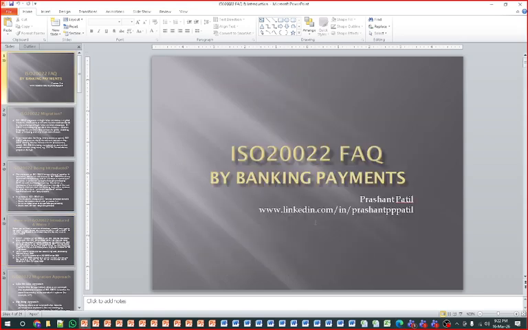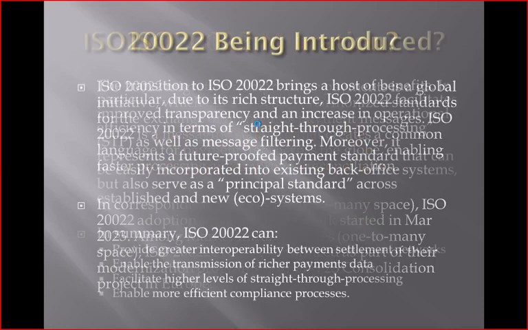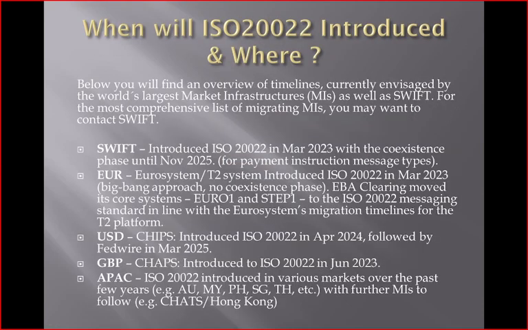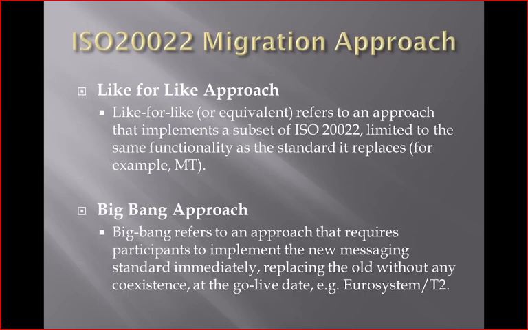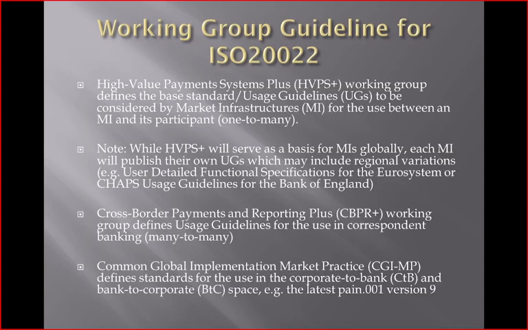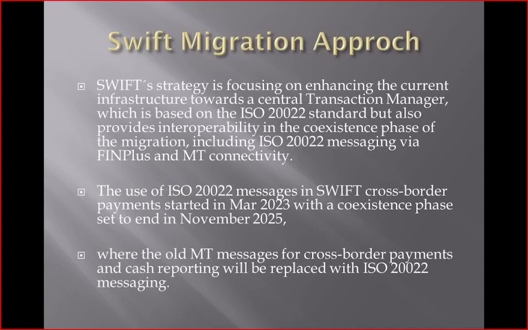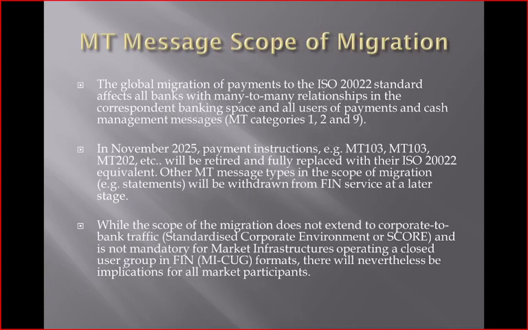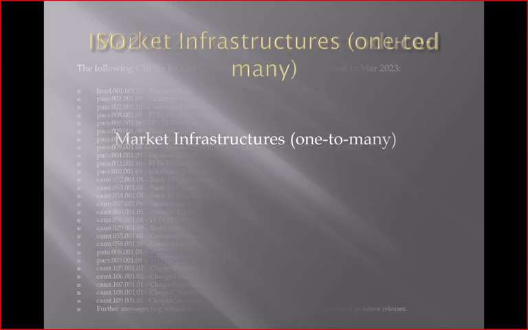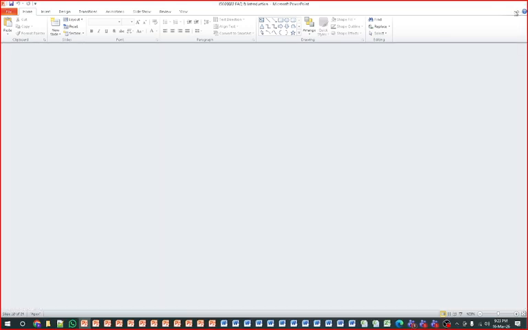Then when we are migrating to ISO 20022, what are the things we have to think about while learning this? What are the different phases of migration, and when you are migrating, what different approaches are we using, such as the big bang approach? There are so many things I want to discuss with you from the ISO 20022 migration point of view, because there are many concepts such as correspondent banking, and elements also. What is the current state, which messages we are going to study, what is market infrastructure. Those aspects we are also going to study in detail.